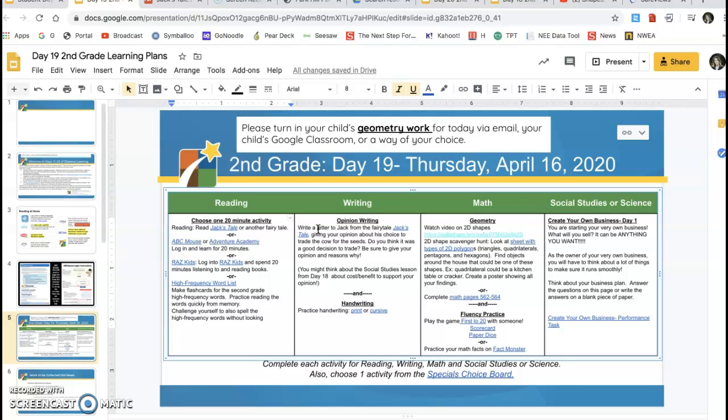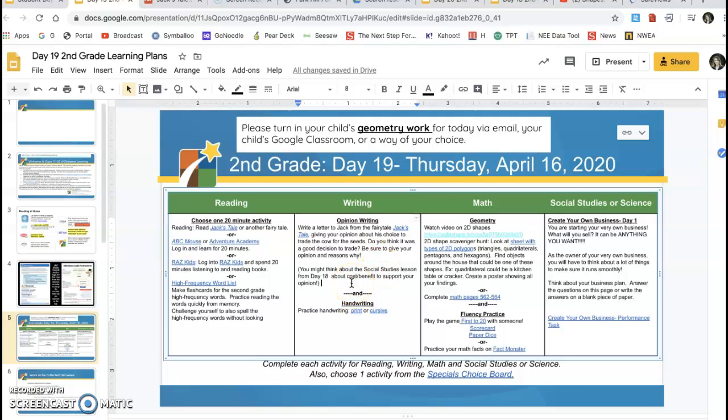And they might even want to think about the social studies lesson from yesterday. If their opinion was that it was a good trade, you could say how the benefit was better than the cost that he lost. Or if they think it was an unfair trade and it wasn't a good idea, that the cost was worse than the benefit. So kind of guiding them through that if you'd like, or just make sure they have an opinion with a few reasons. And then after they give those reasons, they will be restating their opinion.